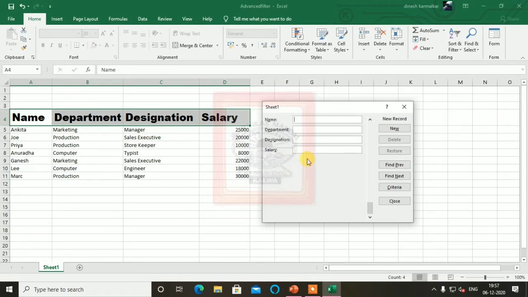Next is salary 5,000. Let's say production, say worker.